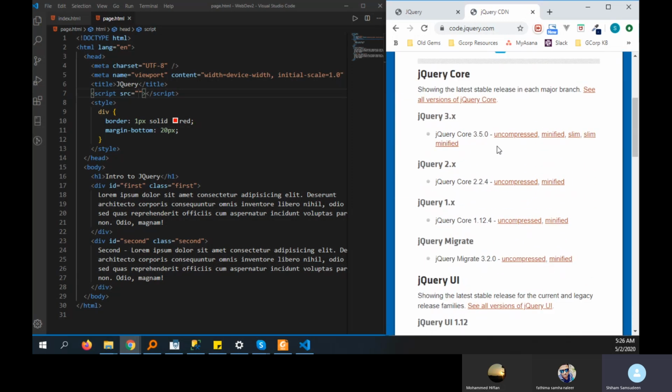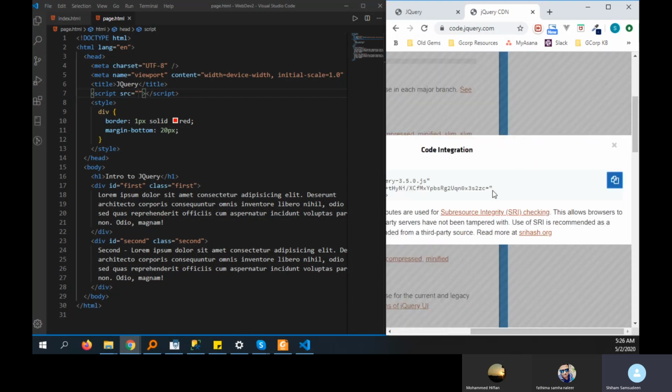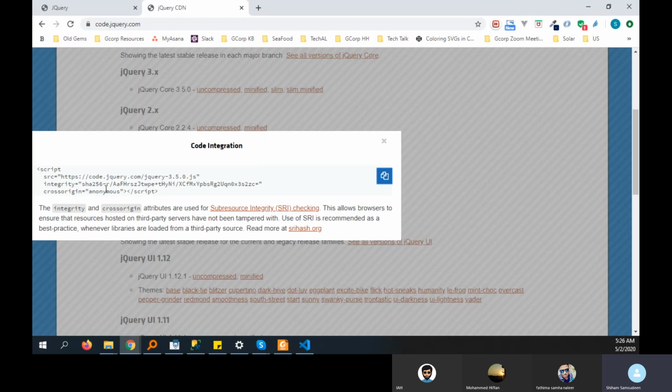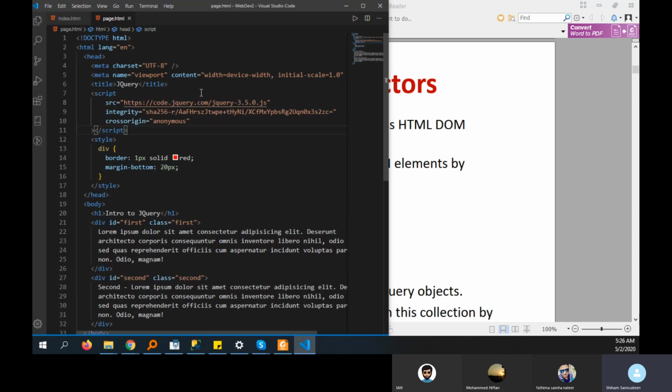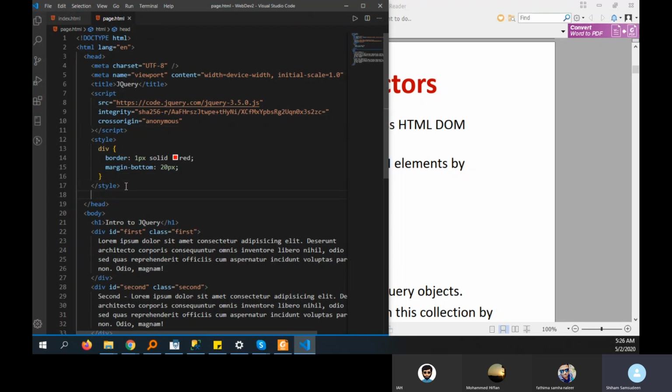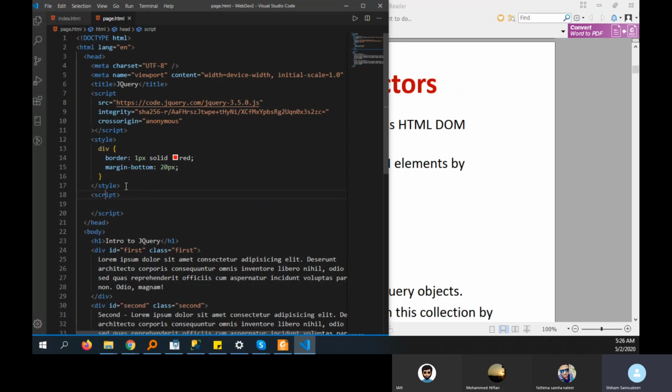Right, so basically you can pick one of these, uncompressed, and here you will have a script tag ready to get copied. So this is how you reference it through the internet, and this is how we use it, through a script tag. Here, if you want, you can give the type as well. Script type equals text/javascript,